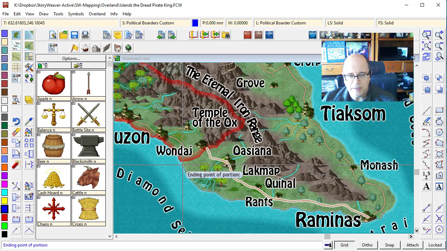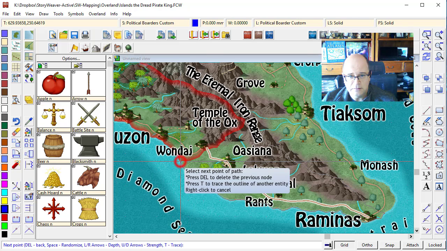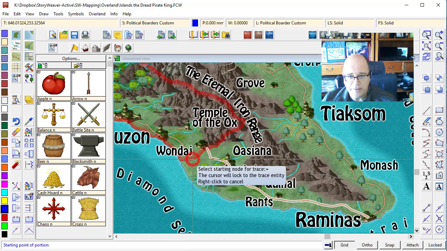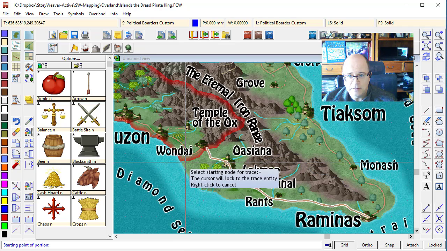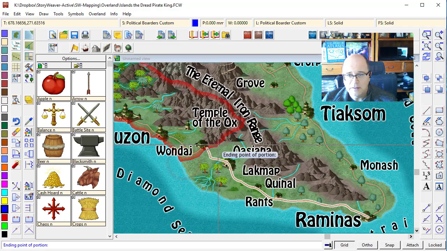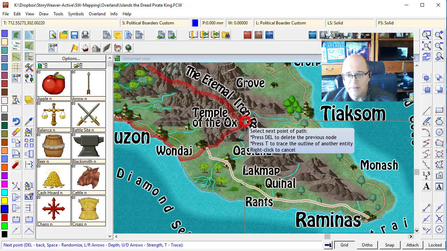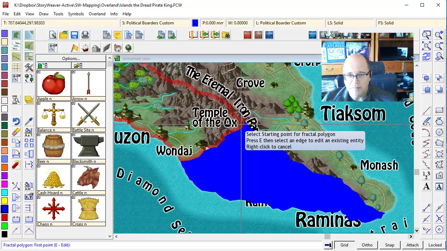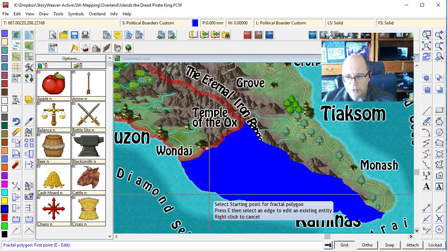At this point, I'm going to come up to the edge of that, trace again, trace, select this map, start there, and move myself all the way up to here. So, and then click there, and finally, I can just right click, and it flows perfectly aligned to that border,